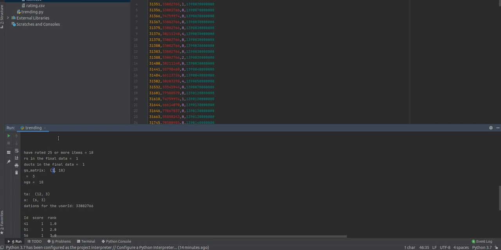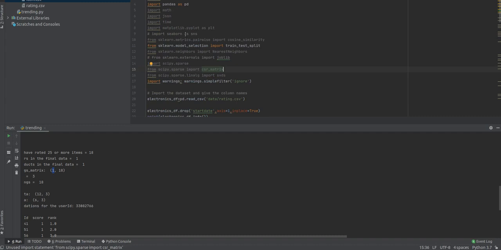Our next point is which steps are involved in collaborative filtering. To build a system that can automatically recommend items to a user based on the preferences of other users, the first step is to find similar users or items, and the second step is to predict the rating of the items that are not yet rated by our users. So you will need to find out the next user interest.